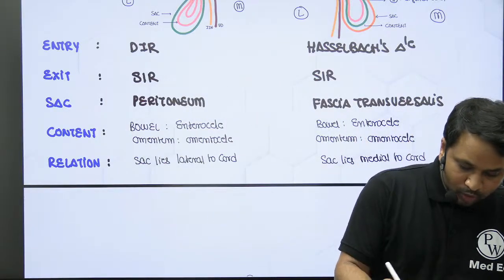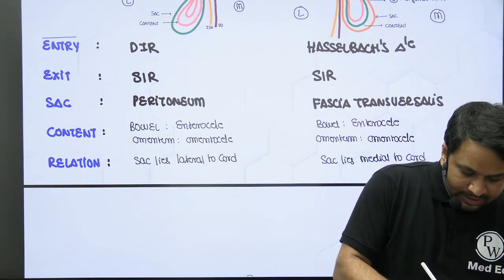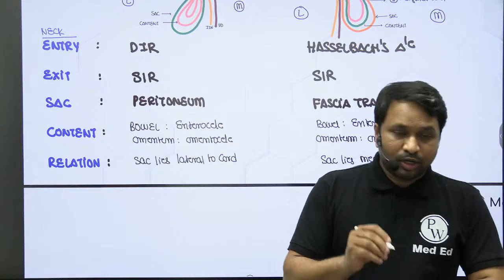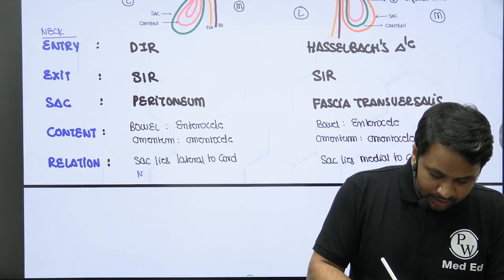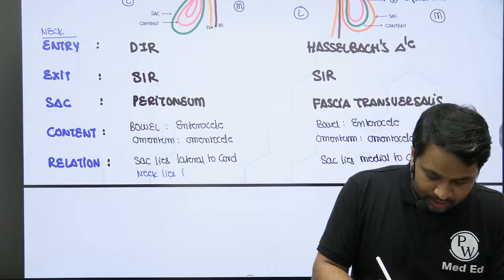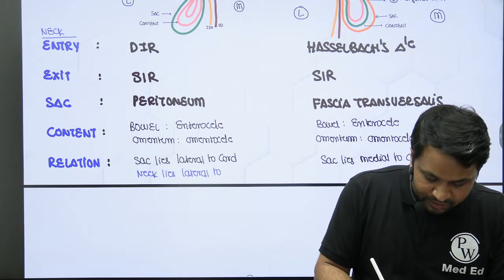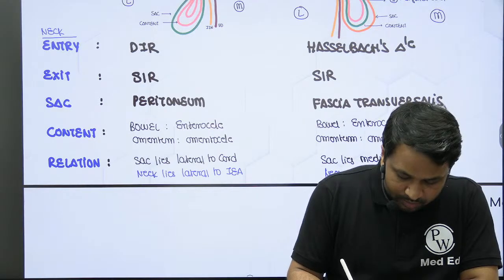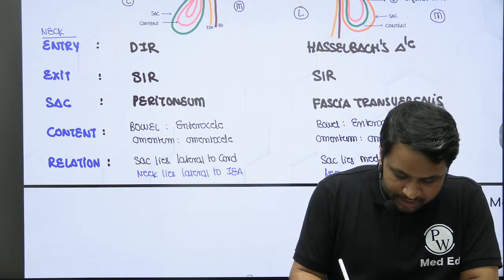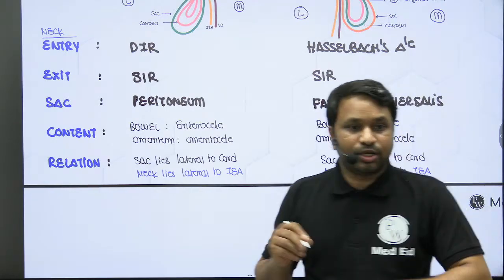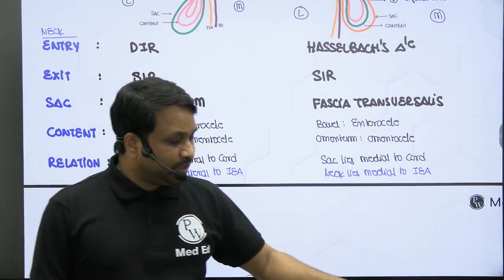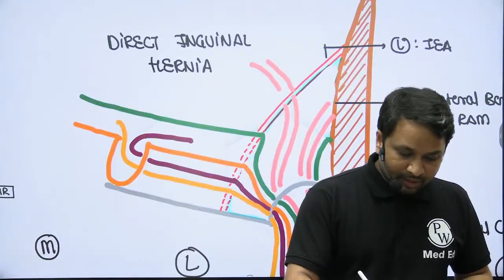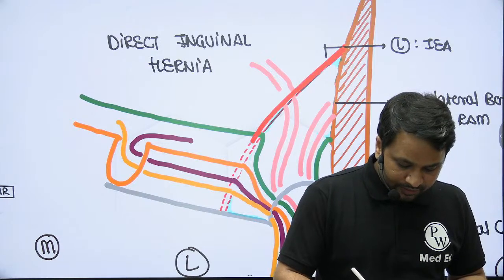Now थोड़ा सा और अगर वाइवा में आपको परेशान करना है तो आपके एंट्री पॉइंट को ना, entry point is also referred to as the neck of the hernia. अब इसका रिलेशनशिप देख लो। Now remember the neck of the indirect inguinal hernia, neck lies lateral to inferior epigastric artery। यहाँ पे neck lies medial to inferior epigastric artery, right? So it is going to lie medial to that of inferior epigastric artery। कहाँ पे आपकी inferior epigastric artery? आप देख रहे हो कि inferior epigastric artery हमारी यहाँ पे है, this is our inferior epigastric artery,